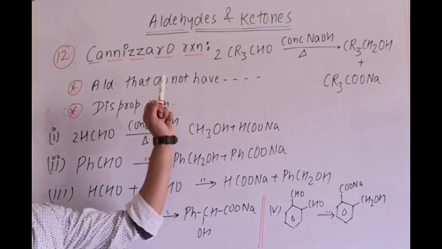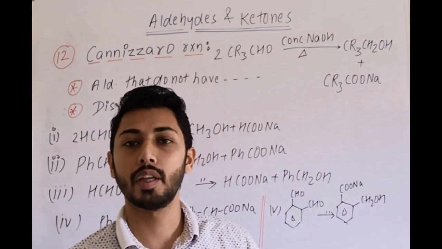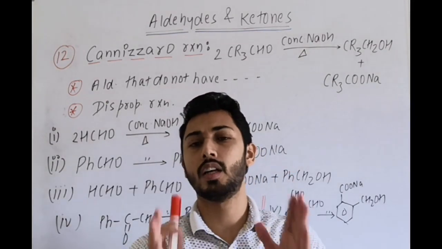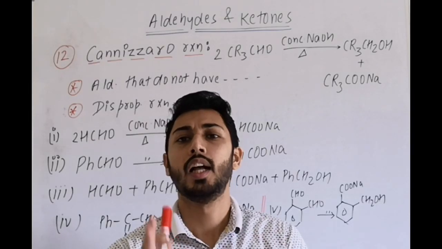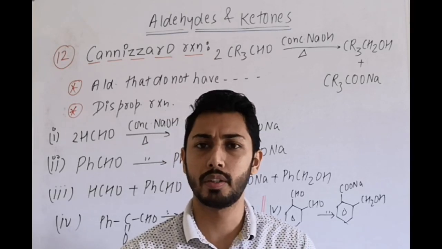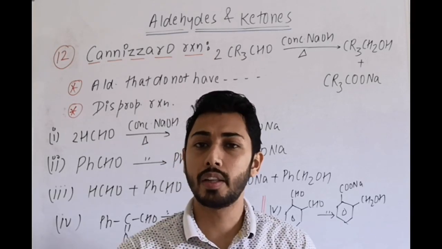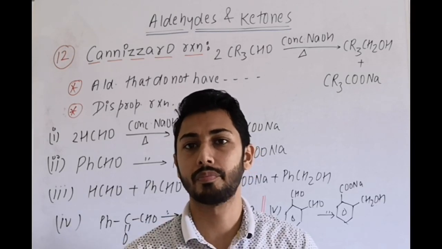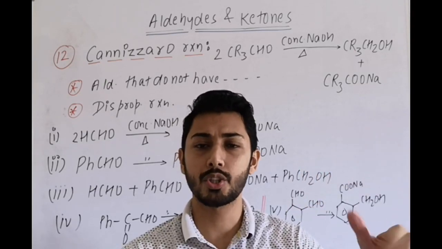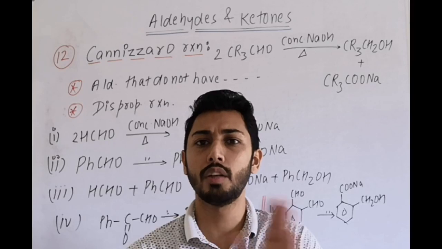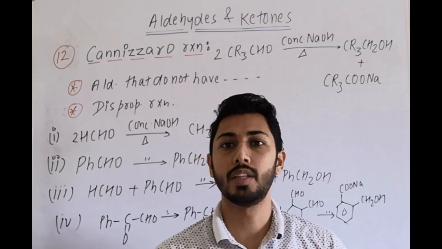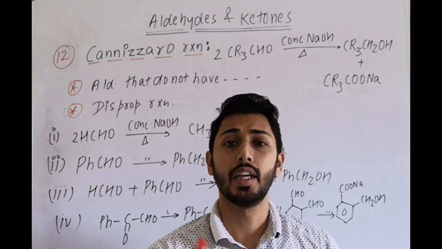Next reaction is the Cannizzaro reaction. Aldol condensation, if you remember, is very important. Similarly, the next reaction is the Cannizzaro reaction. In the Cannizzaro reaction, the condition is that an aldehyde which does not contain alpha hydrogen, in strong alkaline medium with concentrated NaOH or concentrated KOH, undergoes a different name reaction, which is the Cannizzaro reaction. If alpha hydrogens are present, in dilute medium, it goes for aldol reaction, then aldol condensation, and if there is no alpha hydrogen on the aldehyde, then it will undergo Cannizzaro reaction in strong basic medium, and this reaction is a redox reaction.